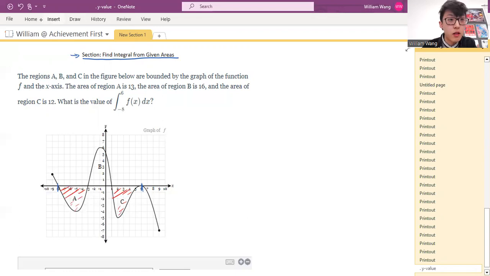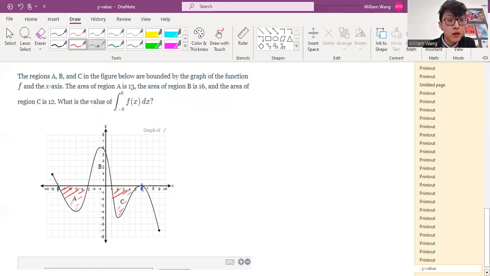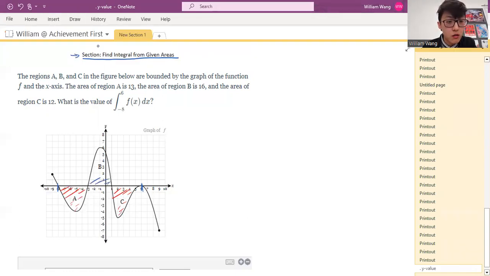All right, then B is a positive area, right? Okay, so my integral from -8 to 6 of f of x dx is going to be equal to, well,